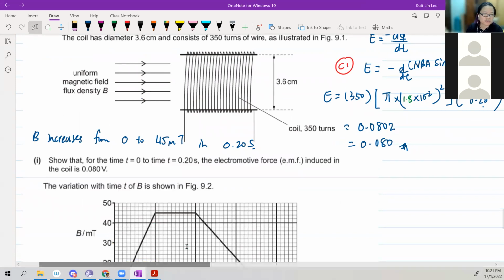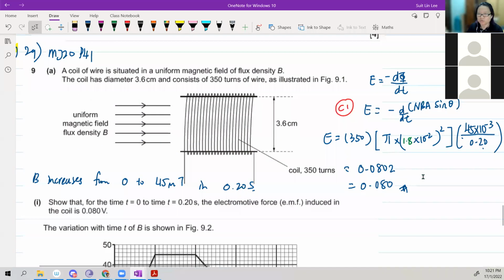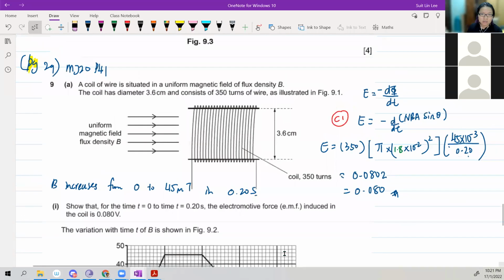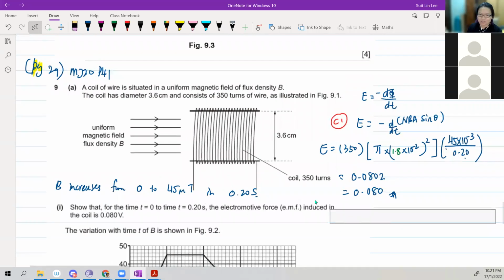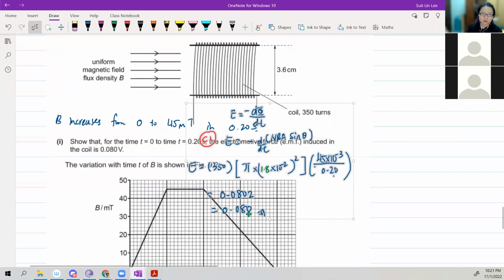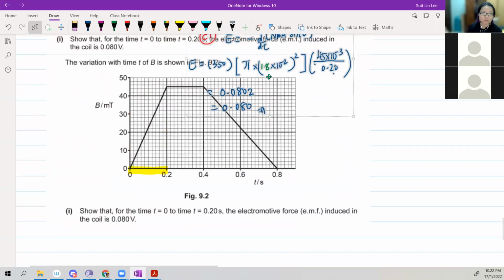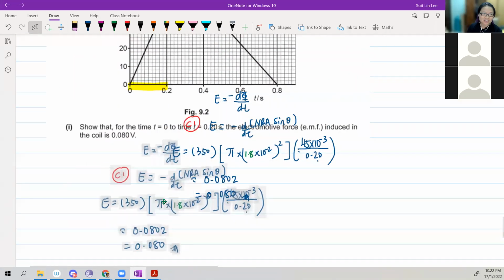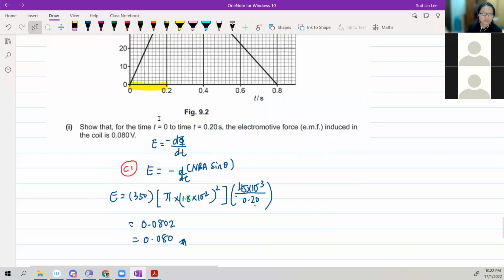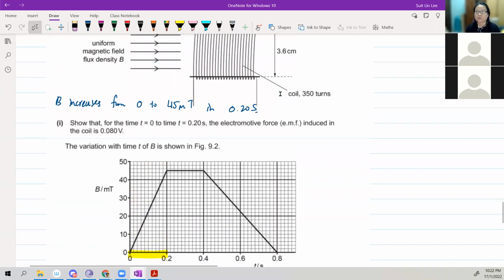So this kind of question, when they give you the answer, is sort of like a bonus because you can check. If let's say you did something like forgotten to convert diameter, or use the radius instead of the diameter, you should be able to figure out the error because the answer is given. The second reason why they gave us the answer is because it will allow you to plot the graph correctly. Even if you can't calculate this, you can still use this 0.08 to calculate the graph. That's partially why. Okay, so